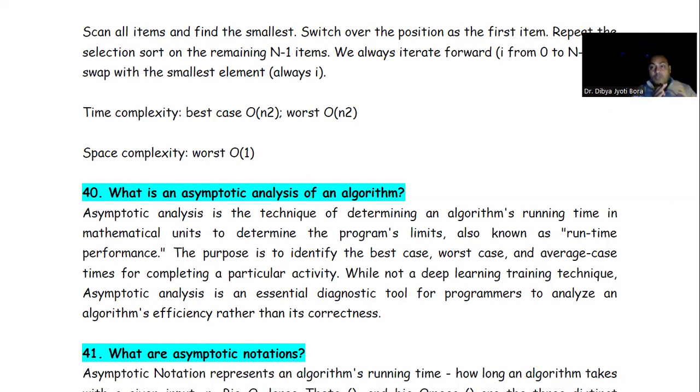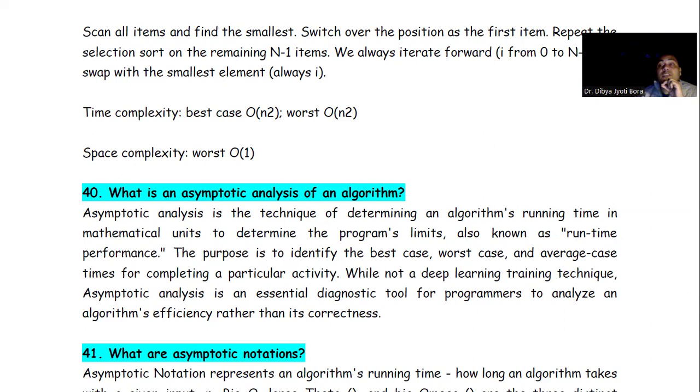Let me explain in a brief, simple way. You have, say, n elements. Out of those n elements, you scan all the items, find the smallest one, and put that item in the first position, right? We are left with how many elements then? N minus 1 elements. Then try to find the smallest one in those n minus 1 elements and keep it in the second position, that means in the first position of those n minus 1 elements. Remaining n minus 1, n minus 2. In that way, we will ultimately get all the elements sorted. So selection sort works in this way.